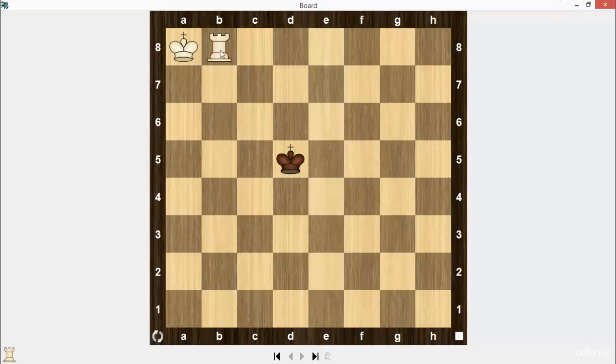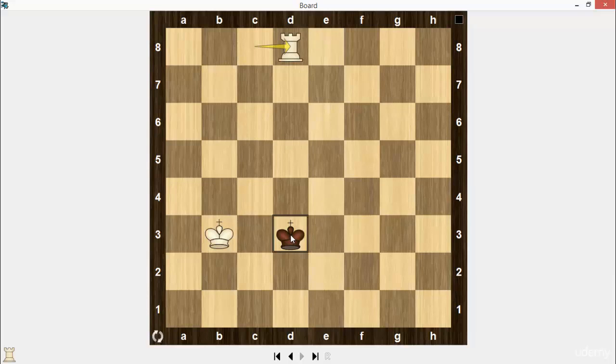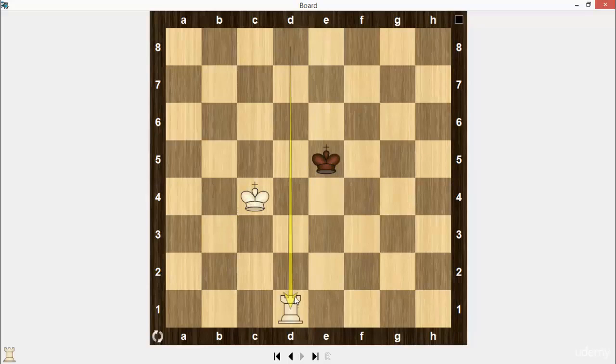So let's start. Rook c8, king d4, king b7, king d3, king b6, king d4, king b5, king d3, king b4, king d2, king b3, king d3, rook d8, check. King has to move to the e file, king e4, king c4, king e5, rook d1, king d3, king c5,